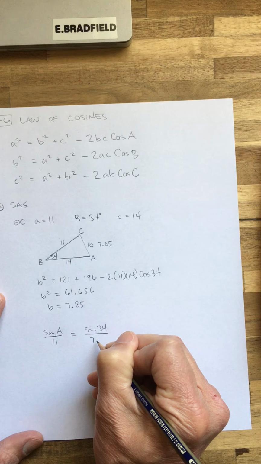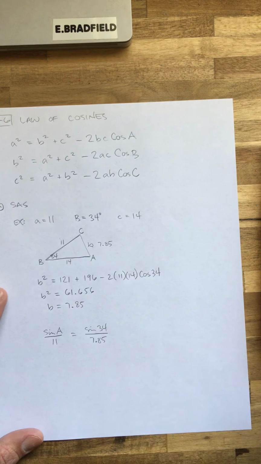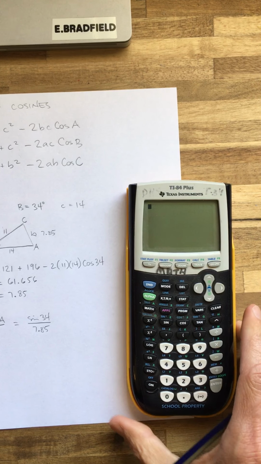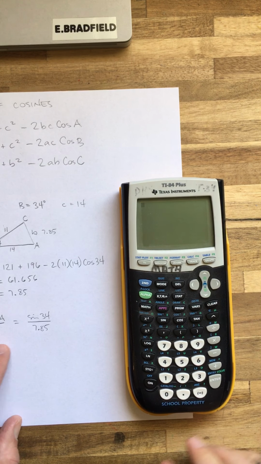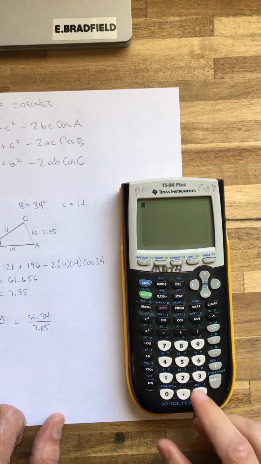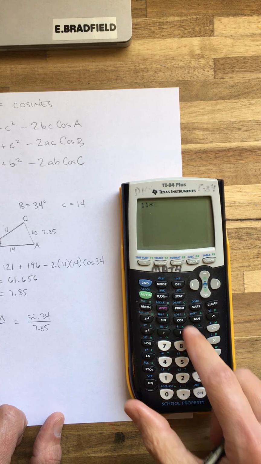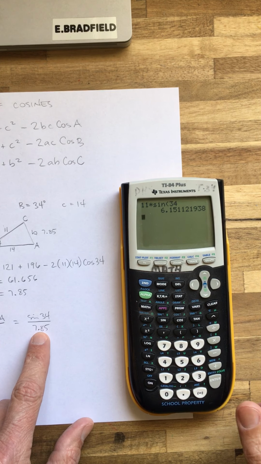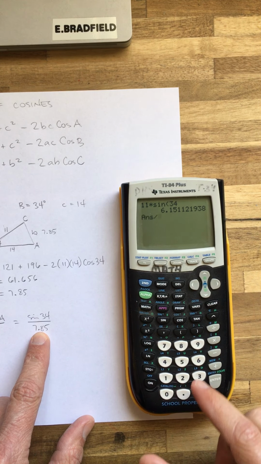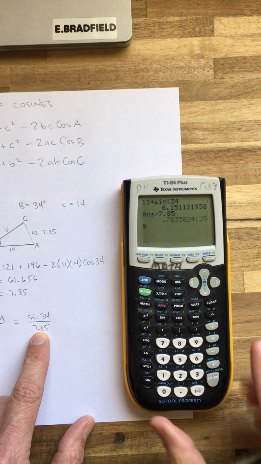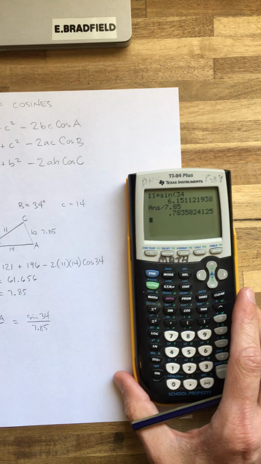Okay, so 7.85. All right. So now let me clear all this off so it's not distracting. I want the sine of A by itself, so I'm going to take the sine of 34, multiply it by 11. So 11 times the sine of 34 equals 6.15, and I'm going to divide it by 7.85 equals, and I get that the sine of A is equal to